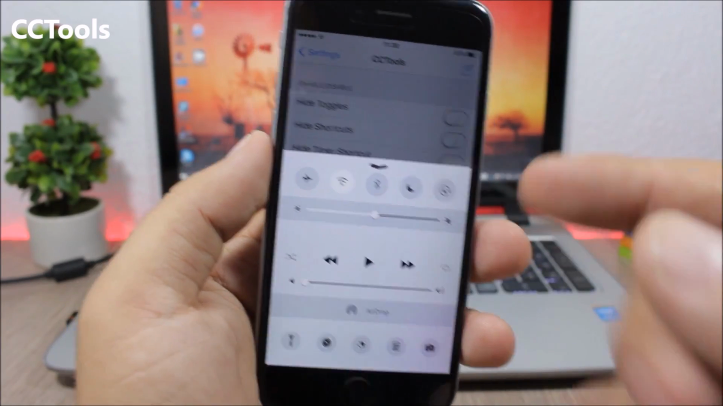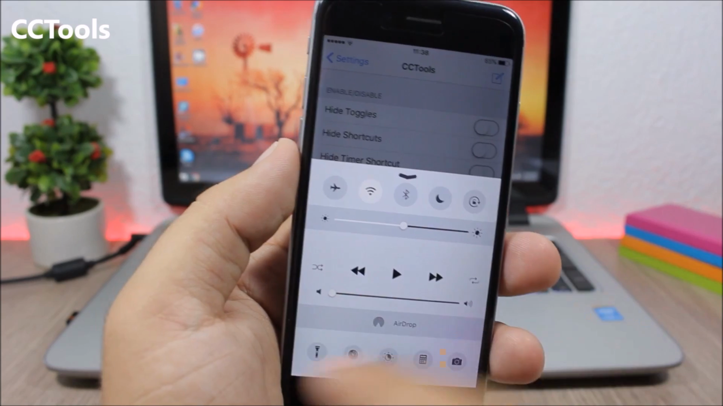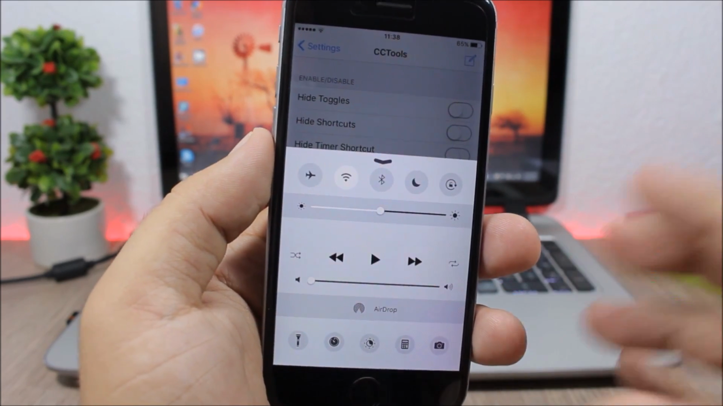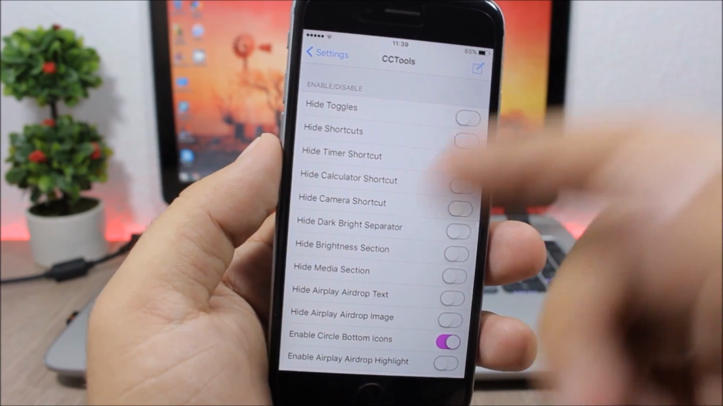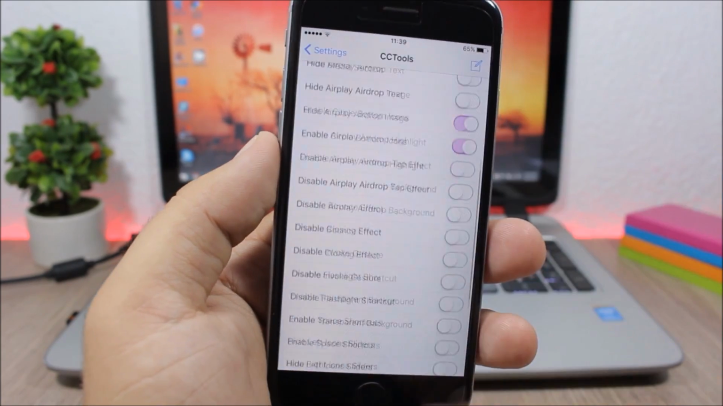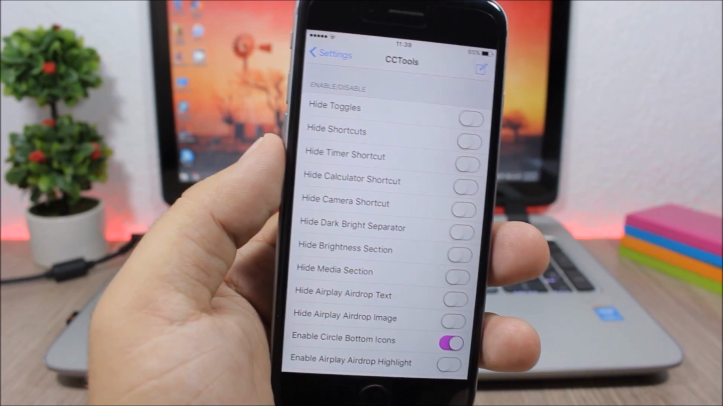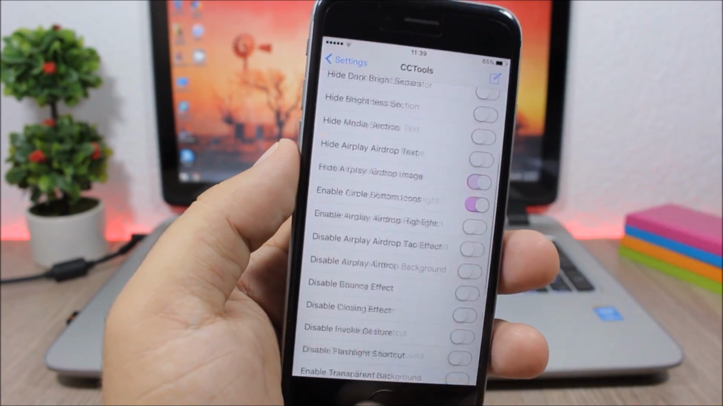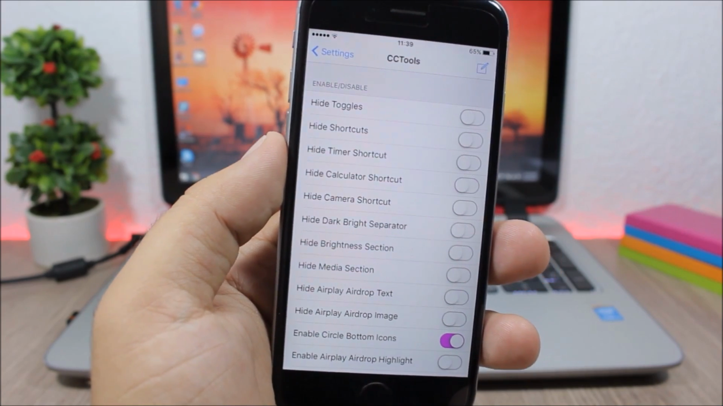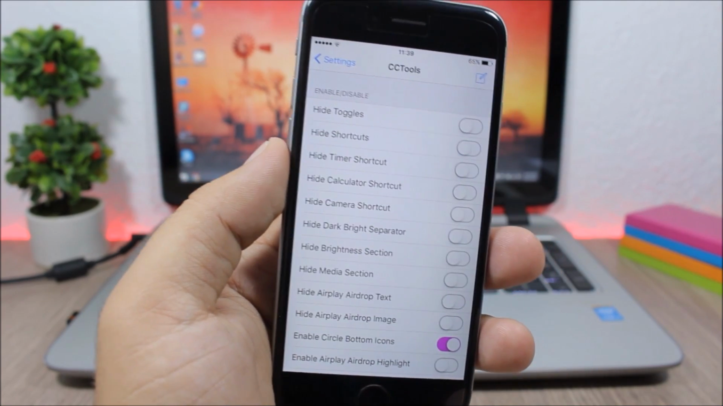CC Tools. You can see here on the control center of my device the quick launch icons are circles, and this is courtesy of this tweak called CC Tools, which pretty much allows you to hide anything on your control center and also customize different stuff. On the settings of this tweak you have all these enabled buttons which allow you to customize the control center